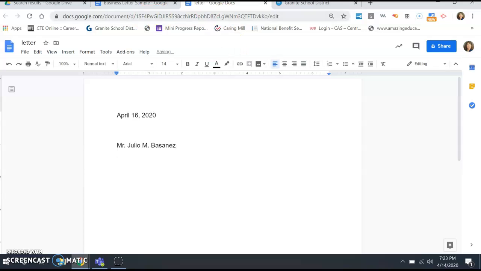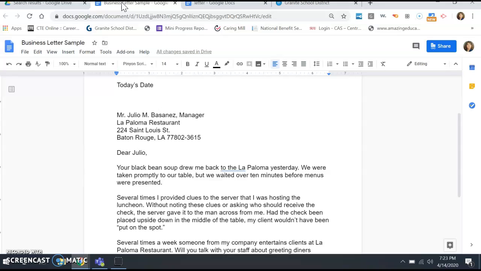And then you're going to type the address of the restaurant, the name of the restaurant, the city, comma, and this is the state. LA is Louisiana. And then you're going to go down to Dear Julio, and you're going to type this. And then you're going to hit enter 2 times, and you're going to have 1 space in between these. When you're done,